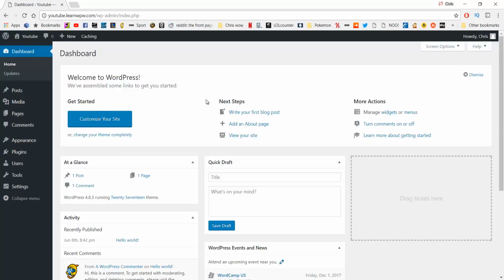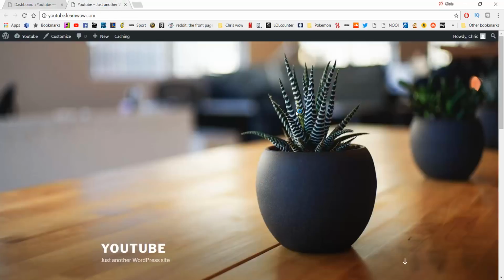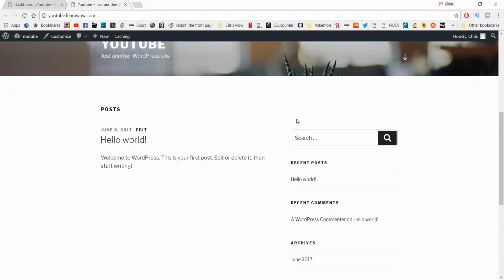So in this section, I'm going to show you how to change your permalink settings. If you don't know what a permalink is, I'll just show you real quick. If you just click here and visit your site, right there in the top left, you'll see your site of course, but if you scroll down and go to your recent posts, you'll have one called Hello World, and if you click on that,